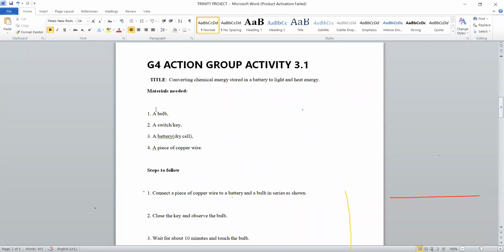Another activity that will be performed, that is activity 3.1. We will want to convert chemical energy that is stored in a dry cell or batteries into light and then heat, okay? We want to convert it into light and heat. So we'll be trying this